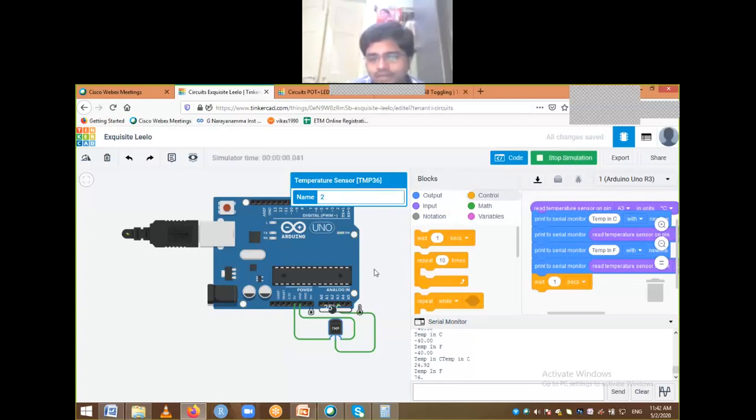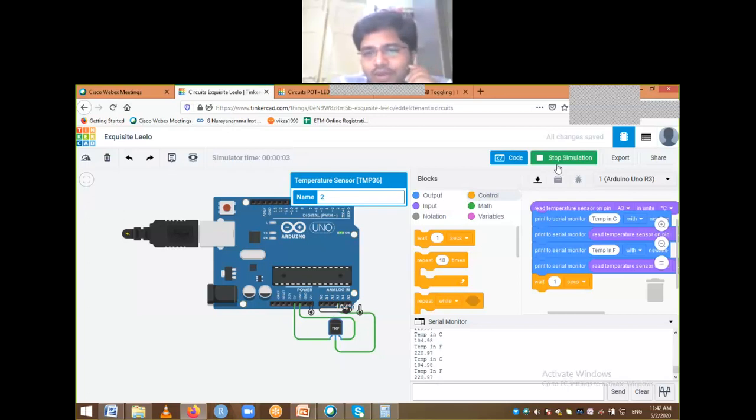See, it has given a value and it's waiting. Now I'll change the value. After 1 second, we will see that change. Temperature in centigrade 104, temperature in Fahrenheit 220. So like that, for every 1 second you can see.